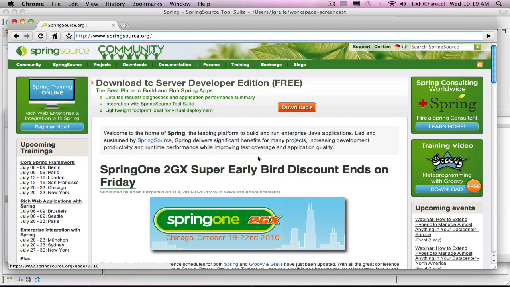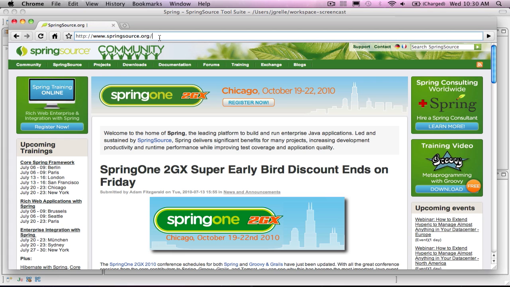I am the SpringSource tech lead for our various initiatives around integrating Flex and Spring on the back end. And today I want to talk about the first milestone that we just released of the Flex add-on for Spring Roo. So first things first, we'll cover how you actually obtain the add-on and get it set up for use